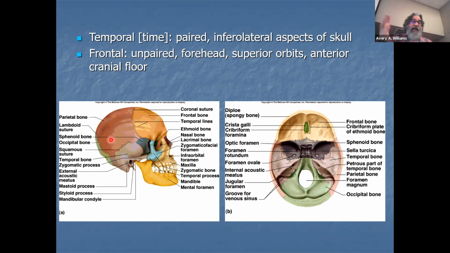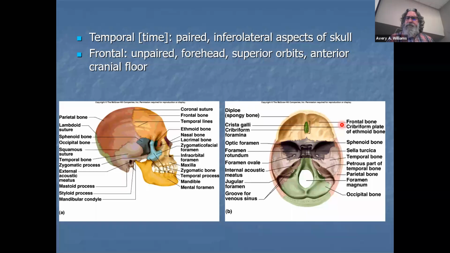Now in lab, we study skulls like this, and of course here's the cranial floor, and you can see that the anatomy is pretty unique. The inside of the skull is different than the outside. And so what you hear, this is the anterior, this is posterior, this is the right side of the head, left side of the head. It's the anterior cranial floor, and most of it, you can see, is made up of